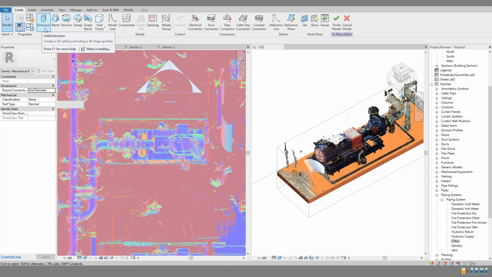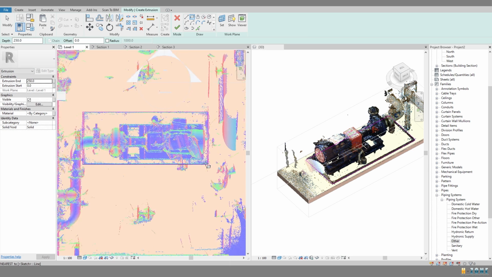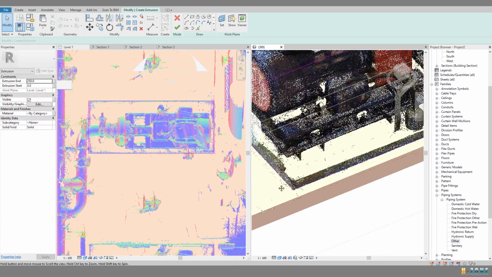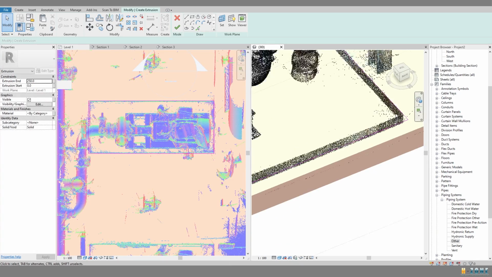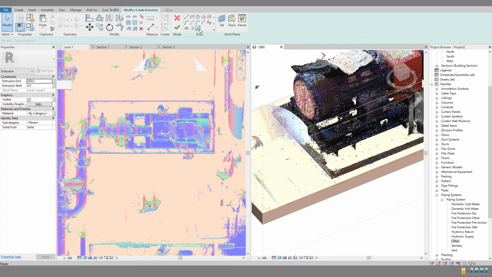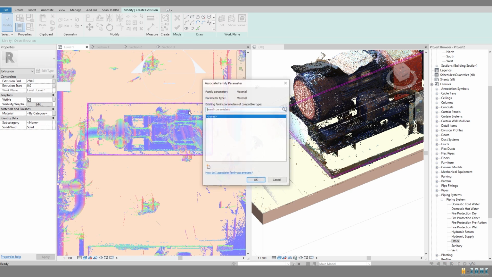So I will choose extrusion, and I will draw here. Maybe this is the boundary, steel frame boundary. You can see this. You can select offset maybe the 15. Okay, you can